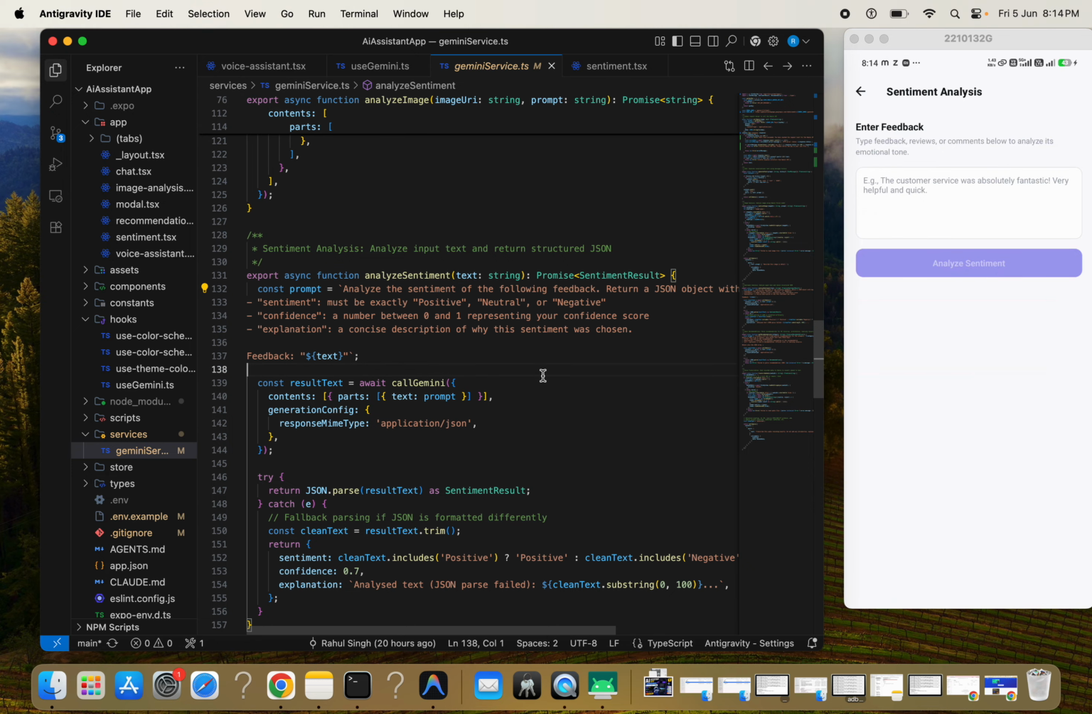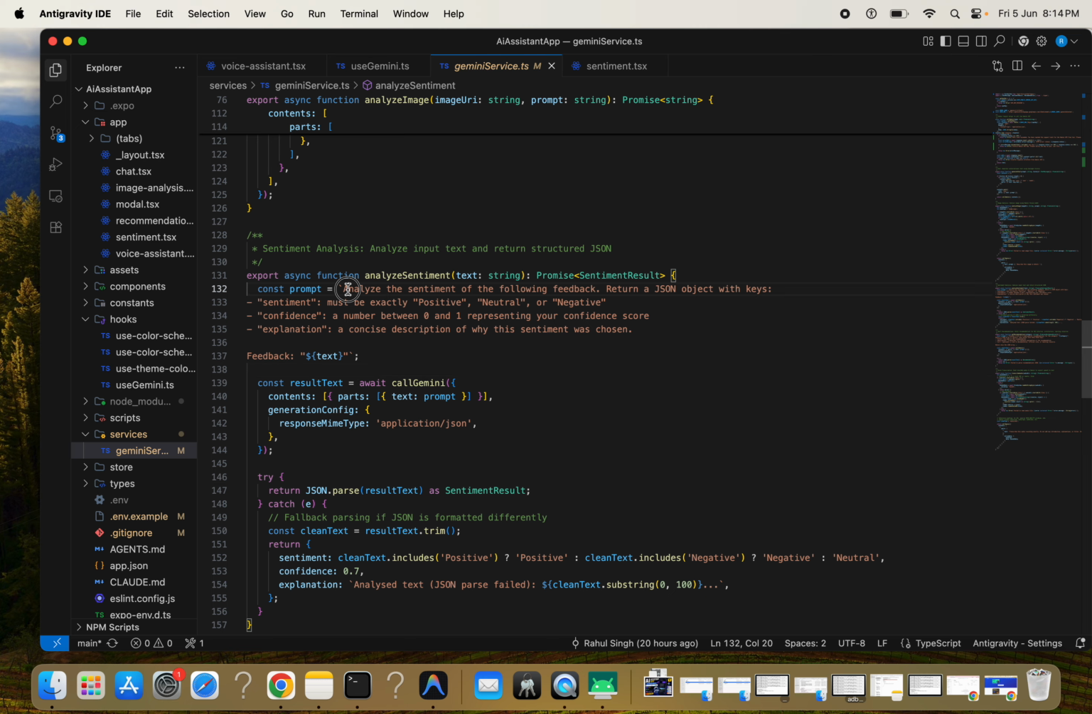Okay, this is the prompt. I can show you, you can check this prompt properly. You need to pass it, and also inside this prompt you need to change your text dynamically. You need to pass the text that the user types inside. Okay, after that